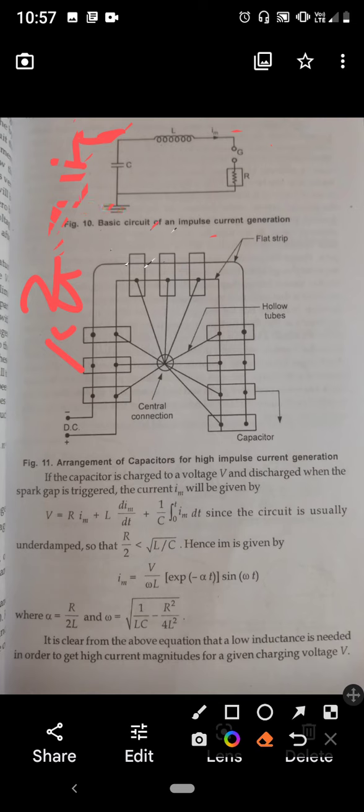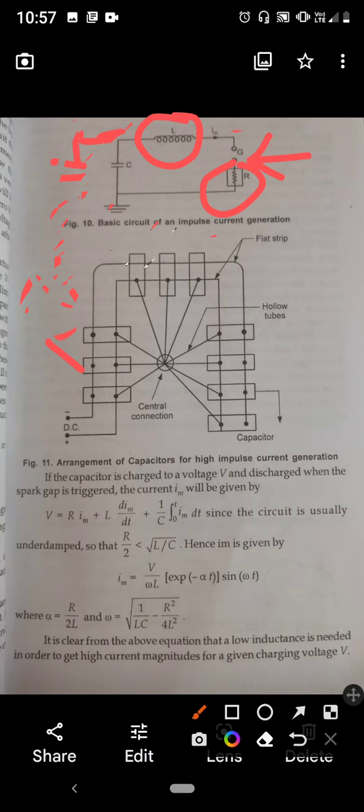Now when the capacitor is charged, a spark gap is clearly mentioned in the figure. You can see the spark gap in the figure. So the charge accumulated on the bank of capacitors discharges through the air gap with the help of the inductor and a dynamic test resistance. When the charge accumulated on the capacitor bank through the 200 kilovolt DC generator discharges through the gap, an impulse is generated, and it is called a basic impulse current which is generated in the spark gap.